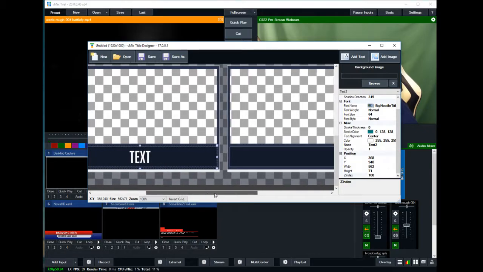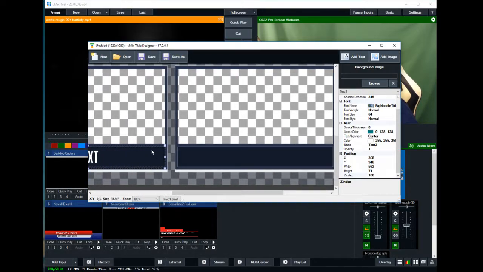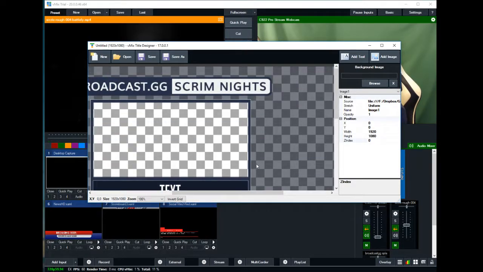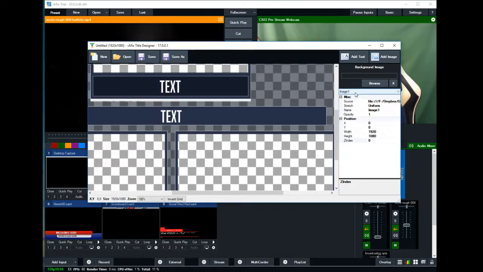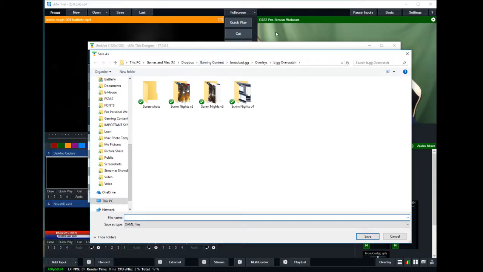Beautiful. Copy paste again. Look how easy that is. All right, guys. This is the moment of truth, though. So we've created 4 text boxes. We're here. Now let's save this as